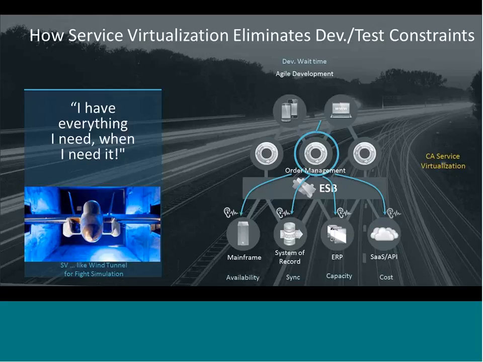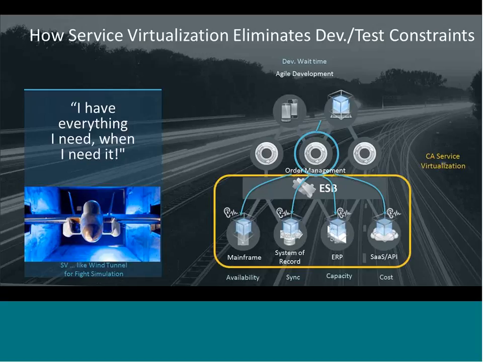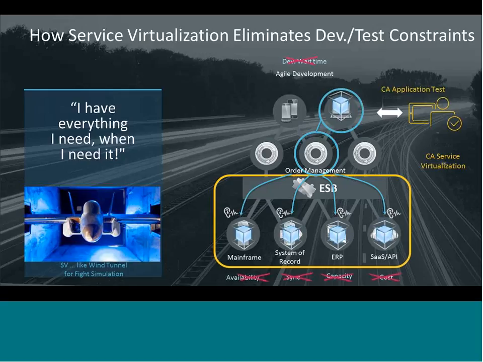So CA service virtualization comes in, essentially listens man in the middle to what transactions are happening, what the requests are, and what the responses are. It learns within the system. It can use logs to capture that data. It doesn't have to be man in the middle. It can use logs. It can use WSDLs. It can use requirements documentation. So there are a series of ways in which we capture this knowledge and then essentially create this virtual version of that real system